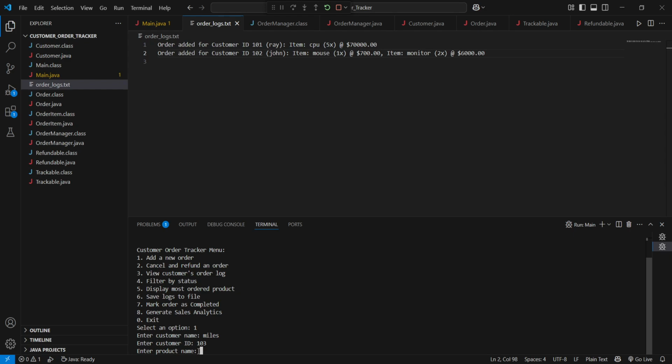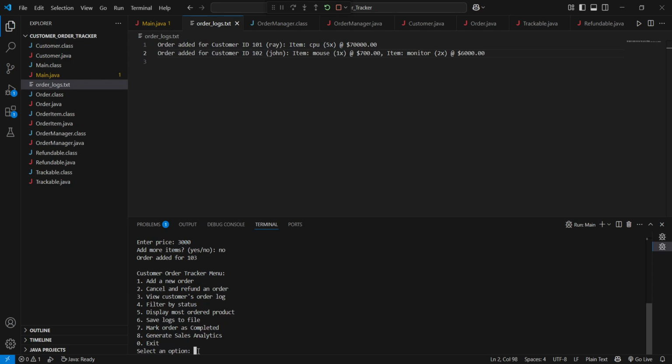So say Miles wants to order a keyboard, and it will ask how many keyboards Miles wants to order. Let's just say one. And for the price, let's say 3,000. Then that's about it.